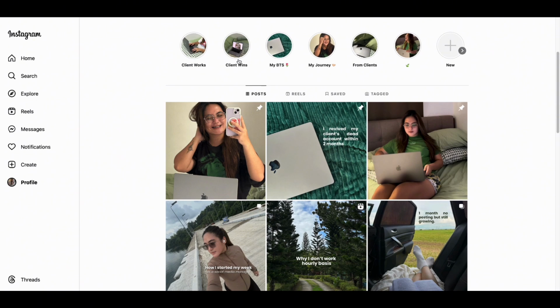Client wins, which is the before and after or the results that I have gained for a client's account. My behind the scenes and journey as a social media manager, or the testimonials and the services that I am offering as a social media manager. So here, those are the details na gusto kong malaman ng mga potential audience ko about me para mas makilala pa nila ako.